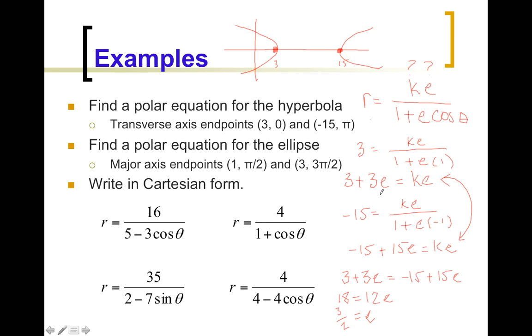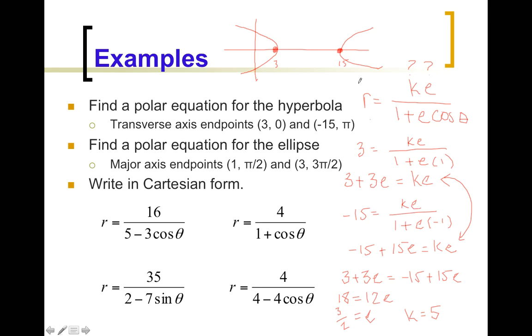And once you get e is 3 over 2, you can solve for k and just plug things back into your equation. And when you solve for k, you get that k is equal to 5. You plug in k, you plug in e,